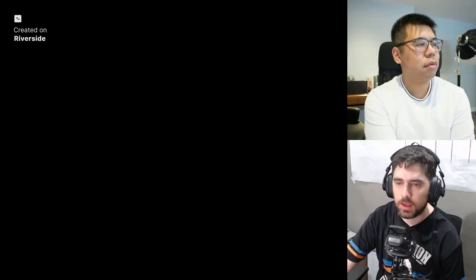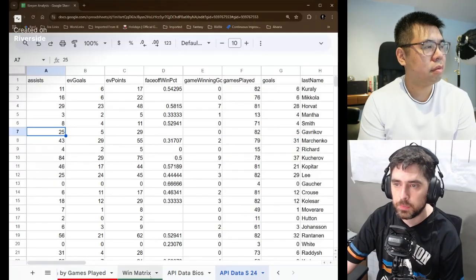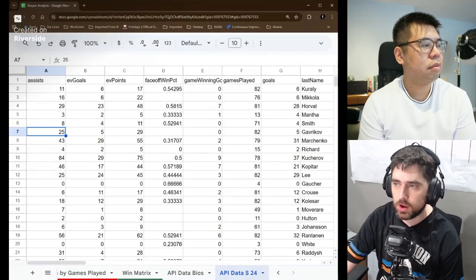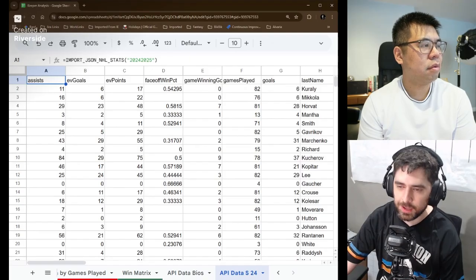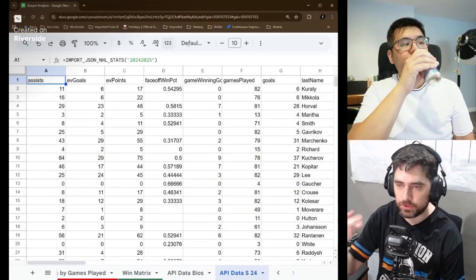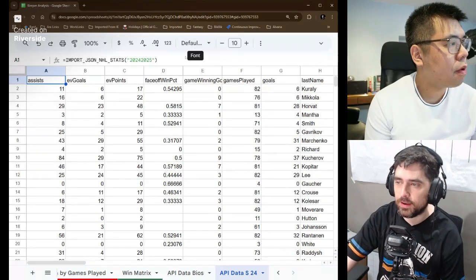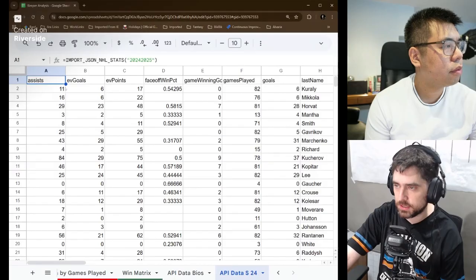betting standpoint. I'll share my screen just to show what one of these APIs looks like, just for the fun of it. It's super basic, and it comes in really dirty, so I had to do a lot to clean it up. I won't show off all the code, but if I go in A1 here, you see I'm running a function, and I tell it which year I want it to pull in. So this is for 24-25, and then this is a scoring API, so it pulls in assists, even strength goals,